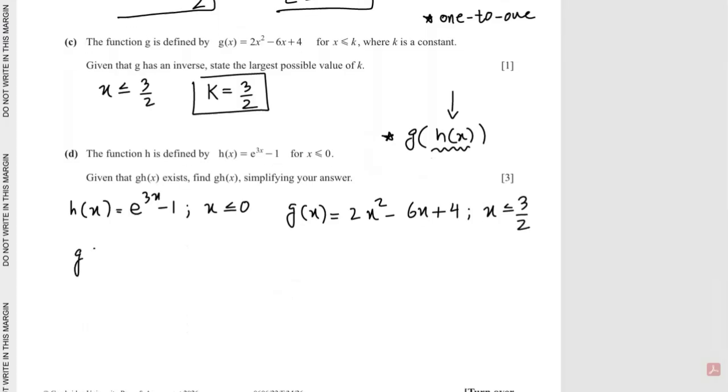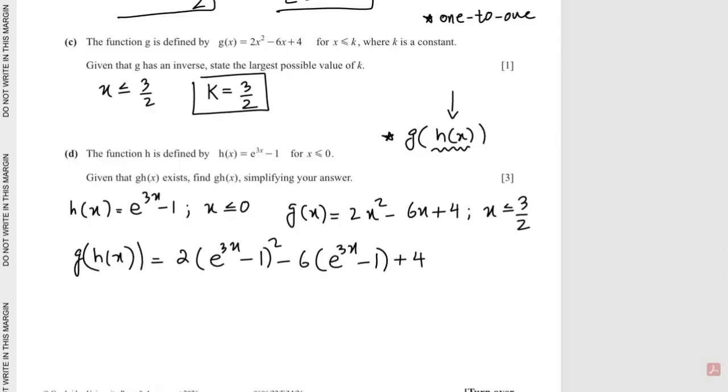So in order to get gh(x), I need to substitute h inside g, which is 2(e^(3x) - 1)² - 6(e^(3x) - 1) + 4. Now you can't leave your answer like this since the question says simplifying. Simplifying means expand the brackets, right? So 2 times (e^(6x) - 2e^(3x) + 1)